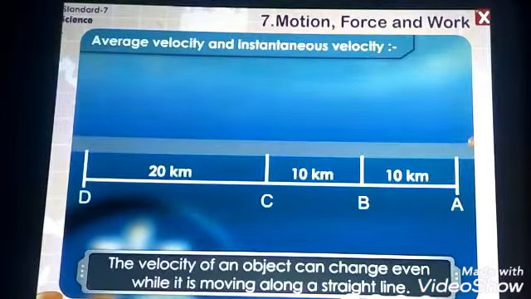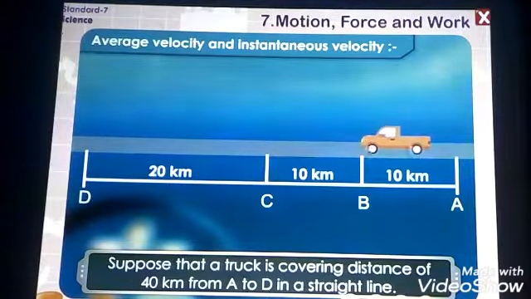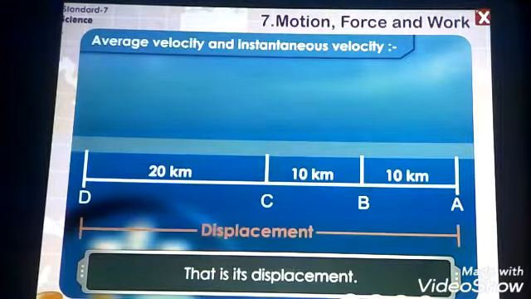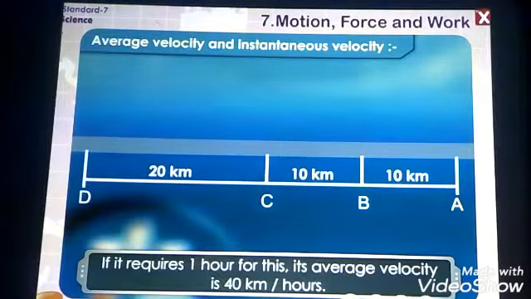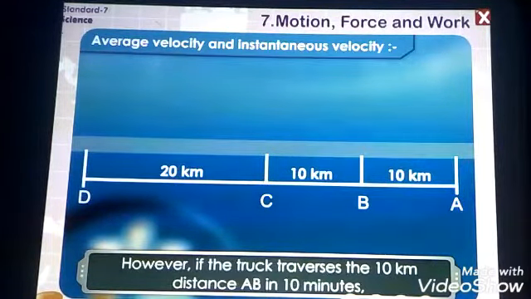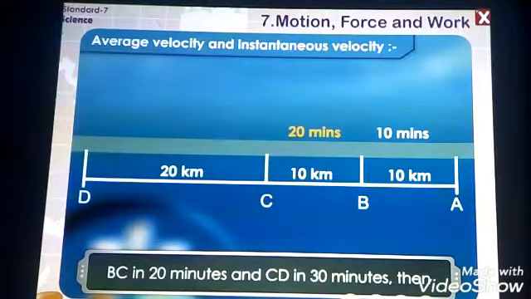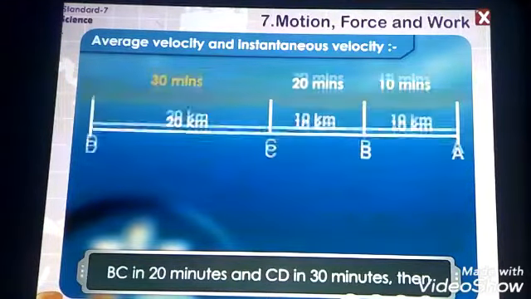Average velocity and instantaneous velocity. The velocity of an object can change even while it is moving along a straight line. Suppose that a truck is covering a distance of 40 km from A to D in a straight line. That is its displacement. If it requires 1 hour for this, its average velocity is equal to 40 km per hour. However, if the truck transfers the 10 km distance AB in 10 minutes, BC in 20 minutes and CD in 30 minutes, then